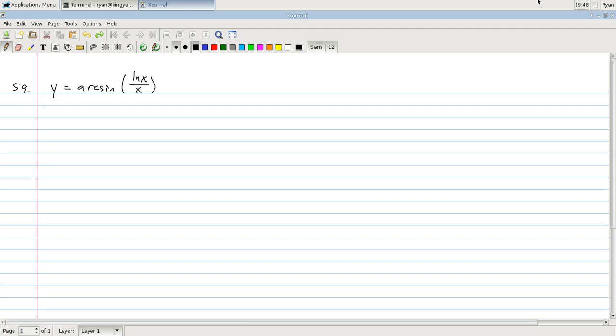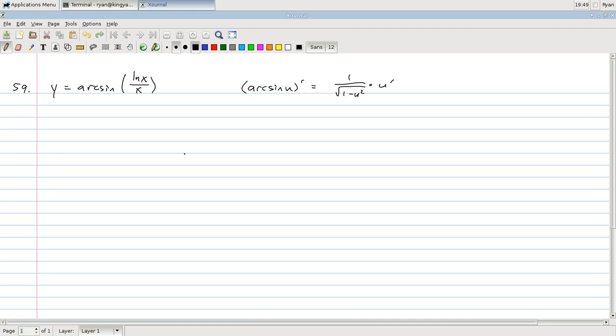Problem 59. Find the derivative of arcsine of natural log x over x. Since ln x over x is inside the arcsine function, we start out with a chain rule. And recall that the derivative of arcsine u is 1 over the square root of 1 minus u squared, and then applying the chain rule, times the derivative